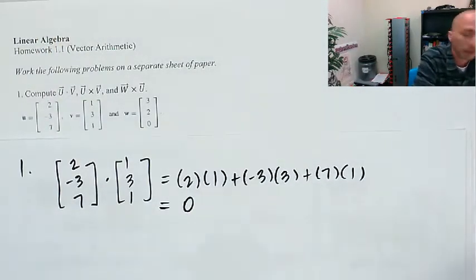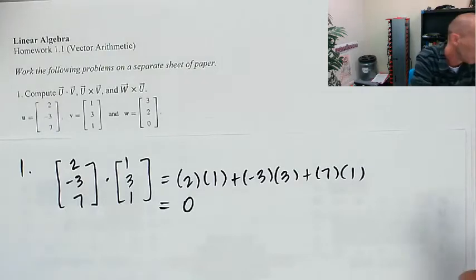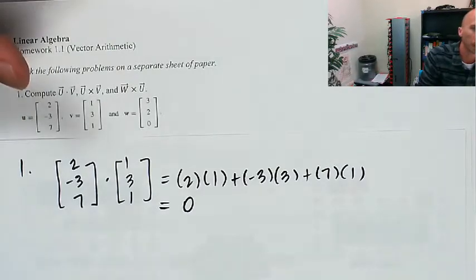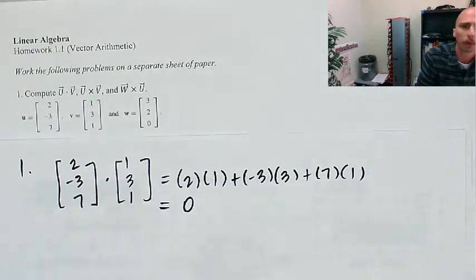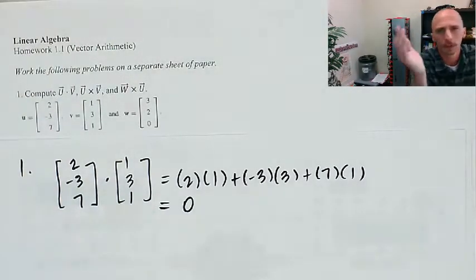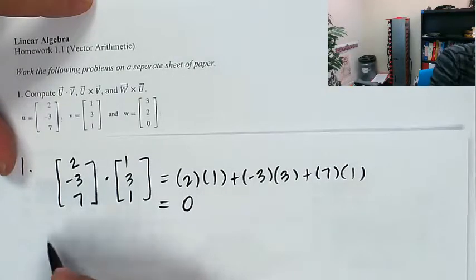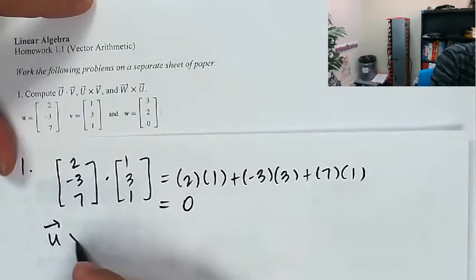Okay, so look at that. Looks to me like u and v are orthogonal. That's something nice. Oh, I see another one that's going to be orthogonal. I think u and w are also going to be orthogonal. I stole these three vectors from some pages of the textbook, and maybe that's what they were getting at. Anyway, u crossed with v is going to be,